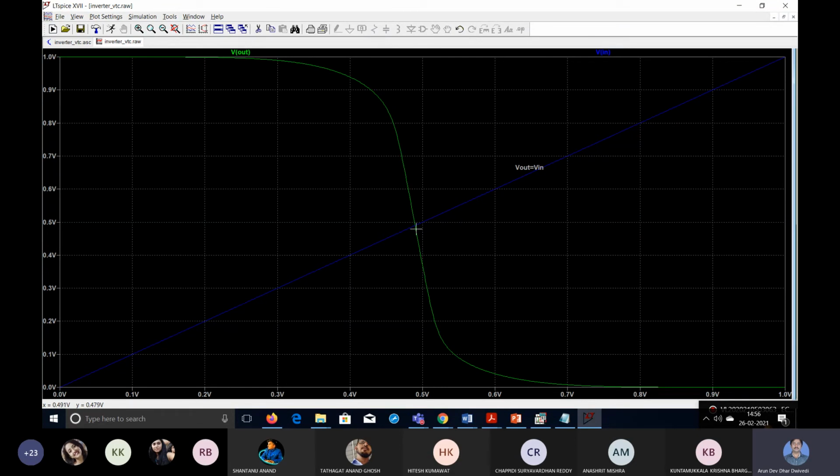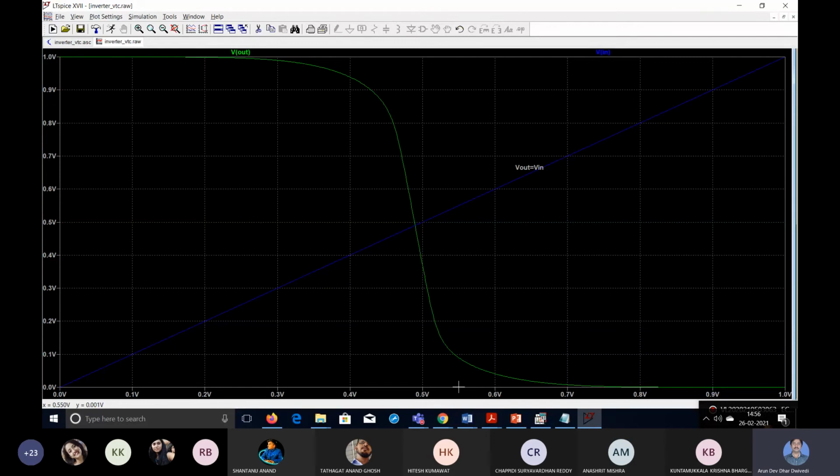Also, two more points are necessary to explain VIL and VIH. When this is switching the state from high to low, somewhere a point comes which has a negative slope, dV out by dV in equal to -1. From that point, if you draw a perpendicular on the x-axis, wherever it is cutting is called VIL, input low voltage. And another point is here at which dV out by dV in is equal to -1. So you are getting a negative slope here somewhere. If you draw a perpendicular from this point to the x-axis, wherever it is cutting is defined as VIH. So VIL we have defined and VIH also we have defined.